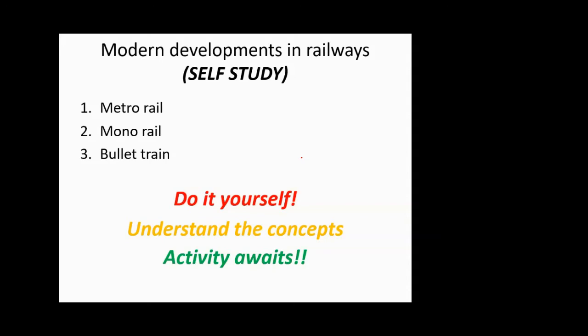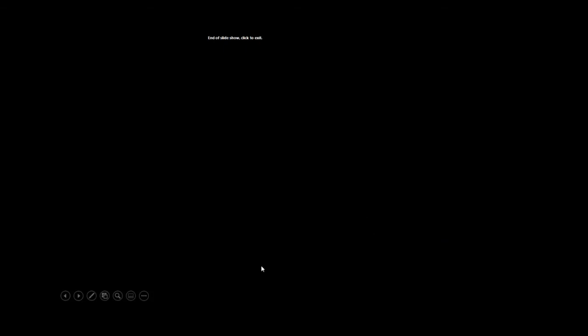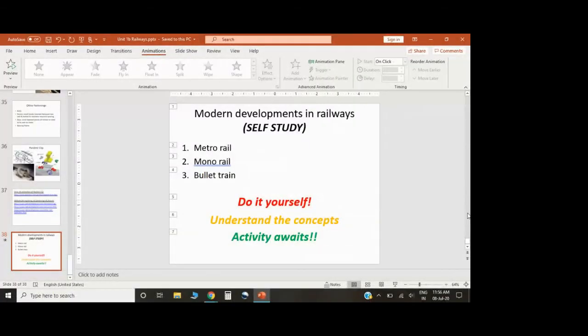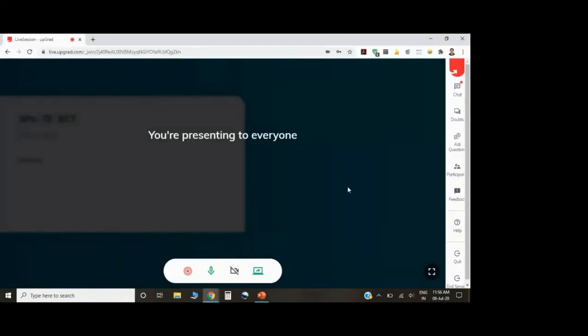Now, just before ending this session, in Friday's lecture, what we'll be seeing is the concept of tilting of rails and coning of wheels. That concept is very well understood if you see videos. But as we are having restriction on showing videos, I will be sharing the video prior, today itself, or maximum by tomorrow. I'll try it today itself. I'll upload it on the Google Classroom, as well as send it on WhatsApp. So whatever you are comfortable with, you can see.